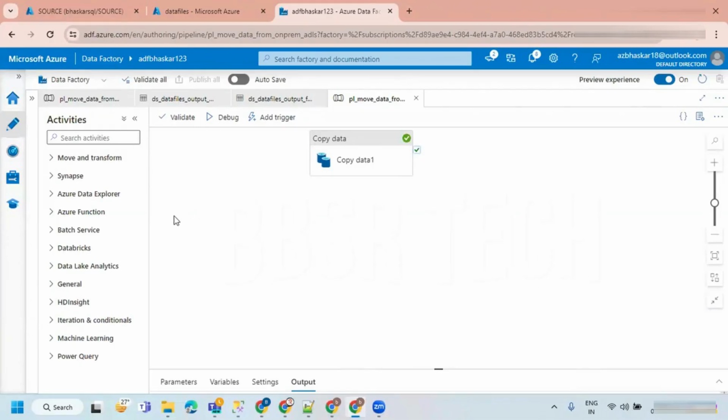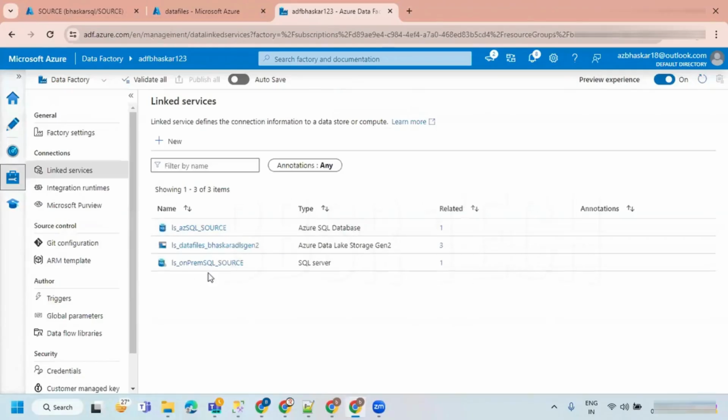Even we cannot identify whether charges happened or not, because they don't break up the charges. They will give the charges according to the service level, but for integration runtime this much, or for this particular thing this much, they don't give a breakup in the invoices. Here we are creating a self-hosted integration runtime. For that also, will it be chargeable? This is not going to be chargeable because we are installing it on-prem.